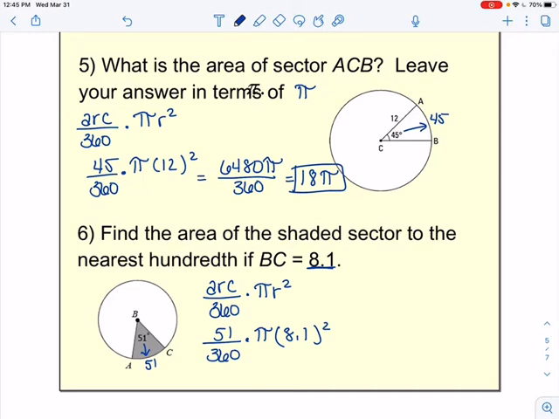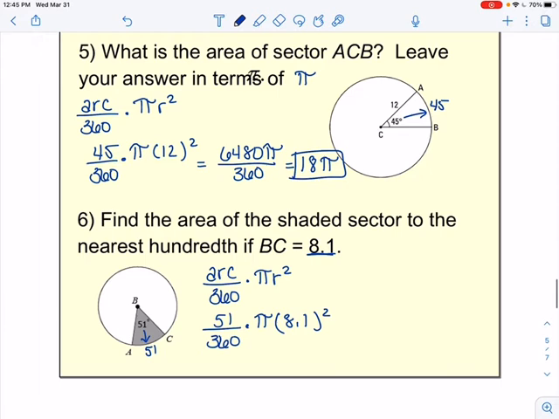As with the length of the sector, remember this technically you're finding this in terms of radians here, so that's why we're using that formula to begin with. So you can chuck this all into the calculator. If it's me, I'm going to do 51 times pi times 8.1 squared, hit enter, and then divide that answer by 360. No matter how you do it, in the end, you should end up with an answer of,